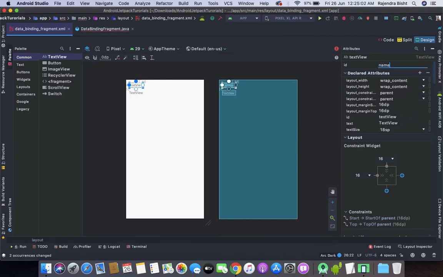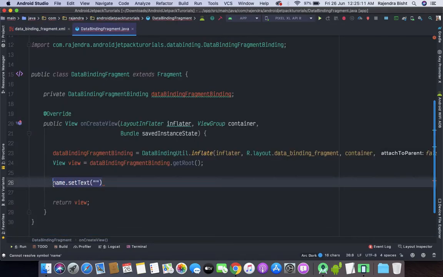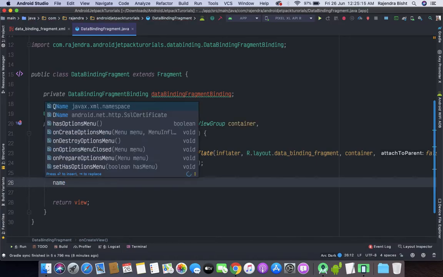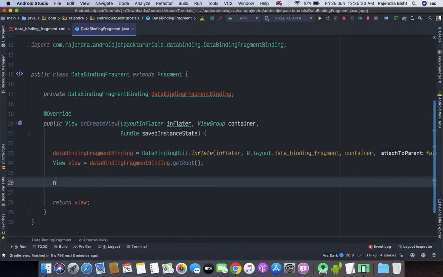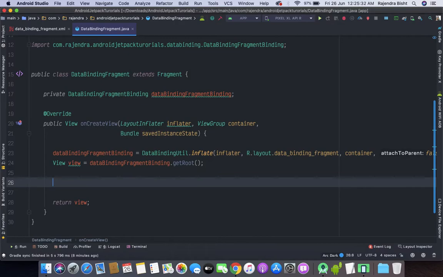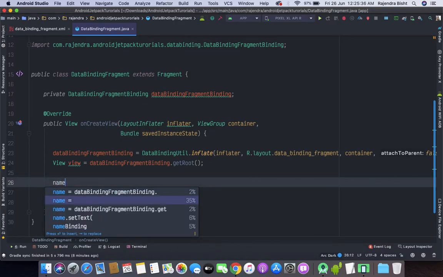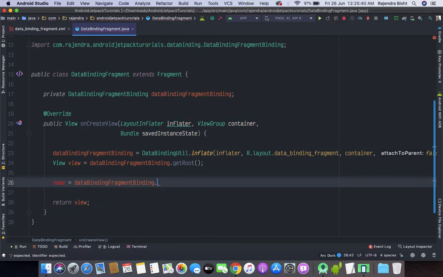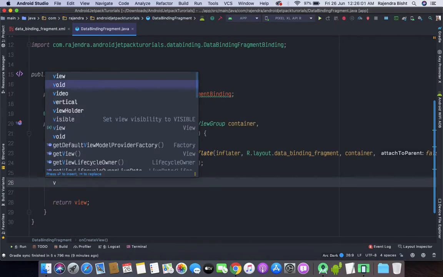The first text view ID is name, and the other is email.